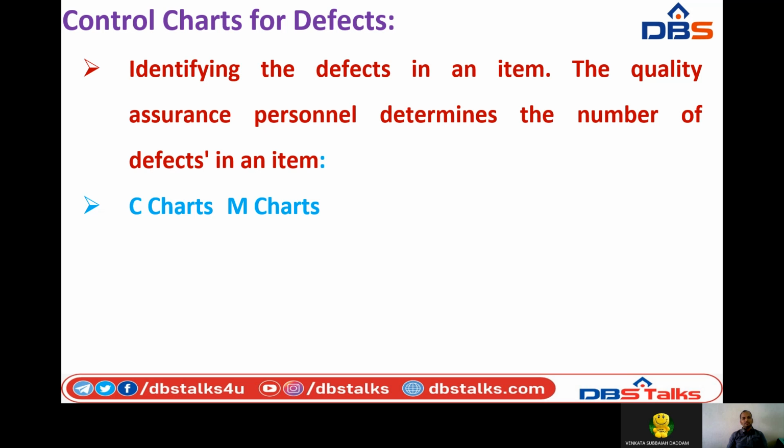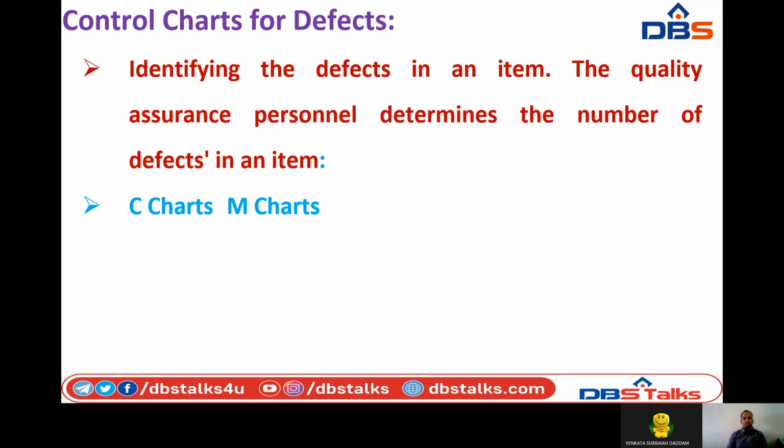So if it is defect free, finally what we are going to deliver is defect free items to the customers. In order to achieve that, before going to the market, we are checking whether the item is defect free or not. For that, here we are simply identifying how many defects are present in the item. So if it is 0, then it will go for the market or packing.